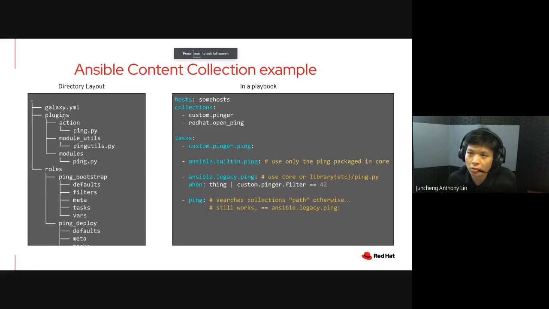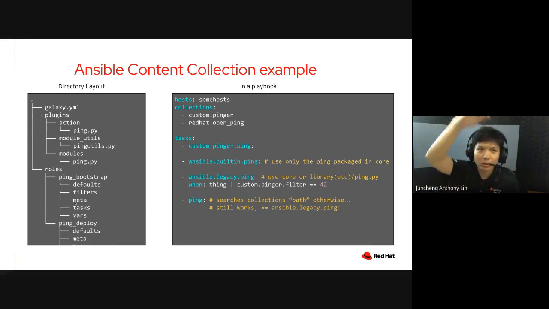For instance, you can see that where you're uploading in the Galaxy, you can be on the on-prem automation hub. Then what are the plugins? It's also here, and the roles that you're using. So you can see it as one level higher than a role, because it contains also the modules and the plugins and those things. It's a new way of doing things.